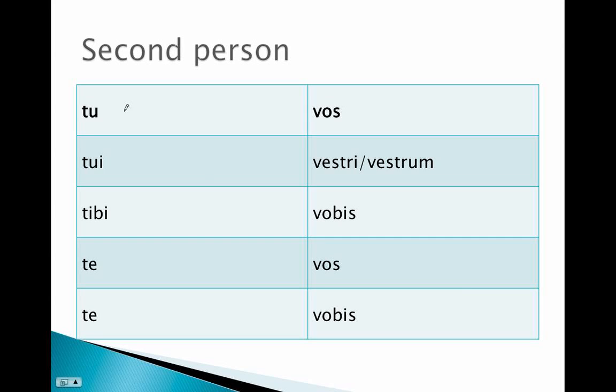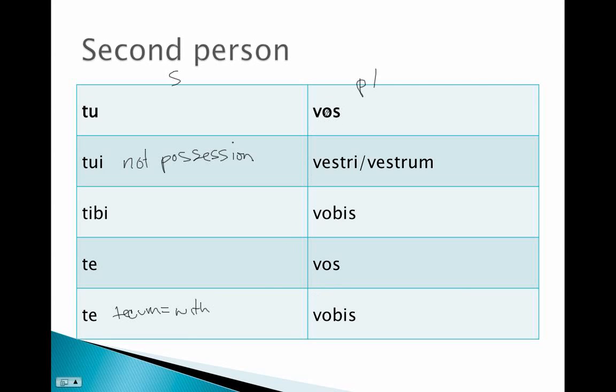The second person, you, again we have singular and plural. Tu, tui, tibi, te, te. Same thing applies as we did with the first person. So tu is for emphasis, tui, not possession. I can't emphasize that enough. But for other genitive uses, tibi, the dative, for dative uses, te, accusative, and te, the ablative, again, take special note, tecum,